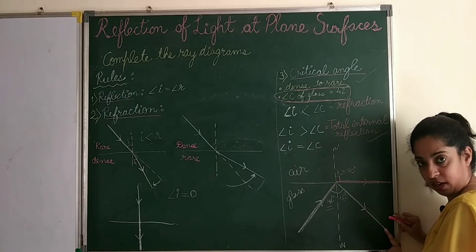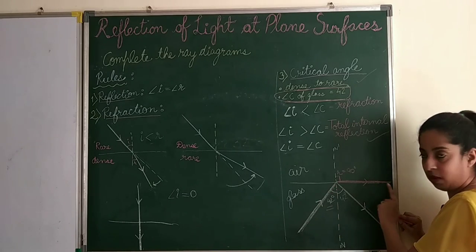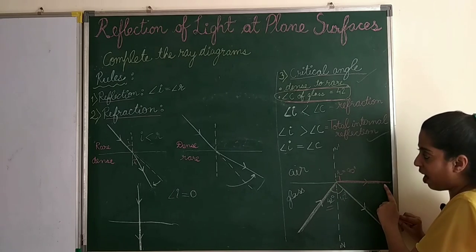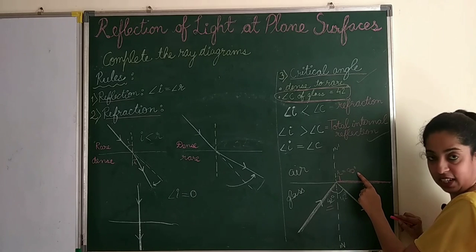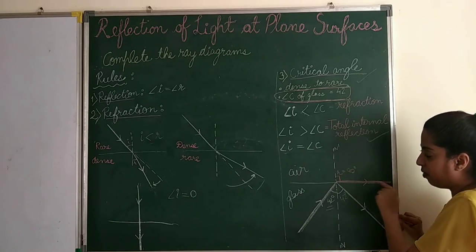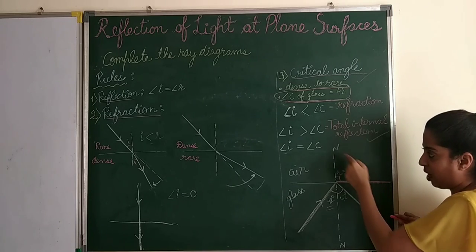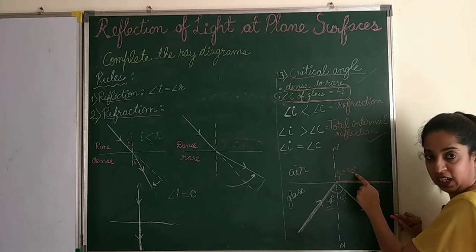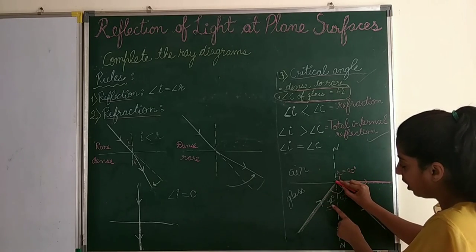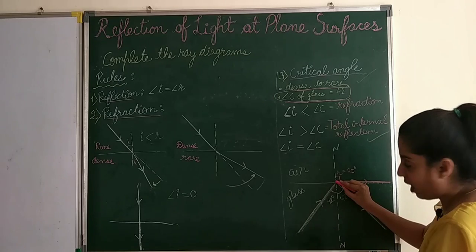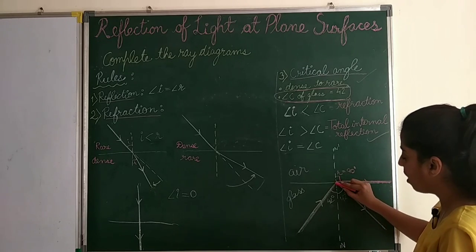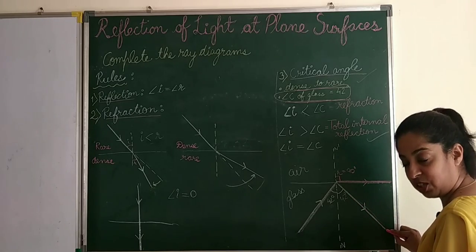See, it is coming inside again, but the major part of the ray will suffer refraction such that the angle of refraction is 90 degrees. It means that it will refract along the interface of the 2 mediums. The angle that it will make with the normal will be 90. So if a ray is entering from dense to rare medium such that it is making an angle of incidence equal to the critical angle, at that point of time it will refract at 90 degrees to the normal, and some part of the ray will also do internal reflection.